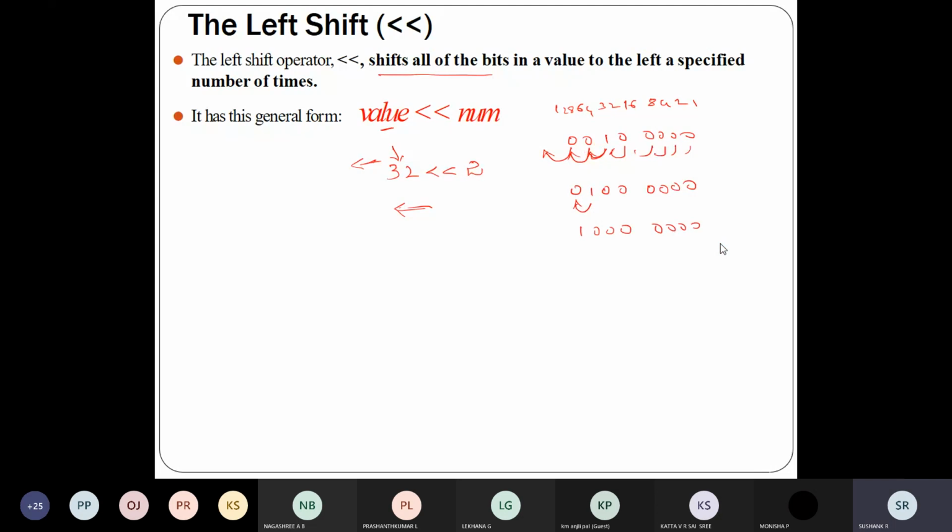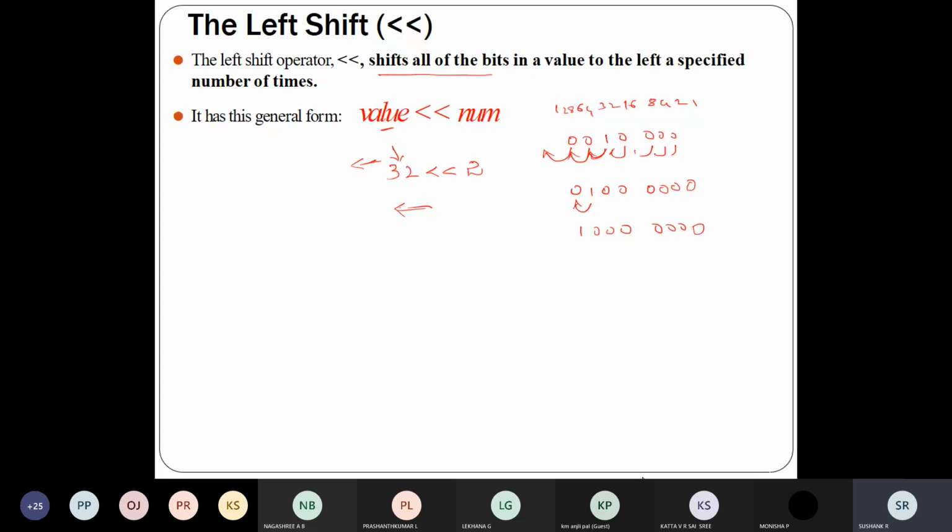When you're shifting one time, this 0 will be shifted to this side, so there will not be anything there, and for that you add 0. Again, when you shift one more time, the last value will be missing, so you add 0. This is how left shift performs. On the left-hand side, the higher bit will be lost and discarded, and on the right-hand side you add 0.